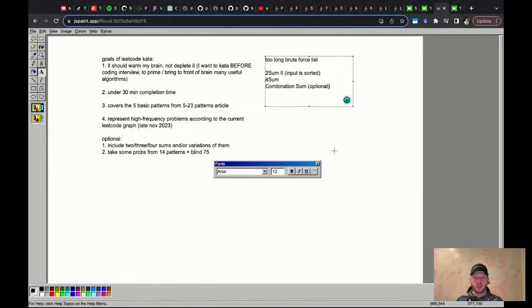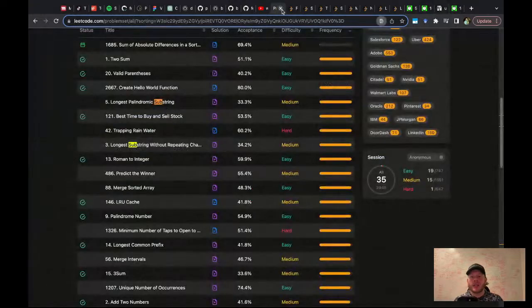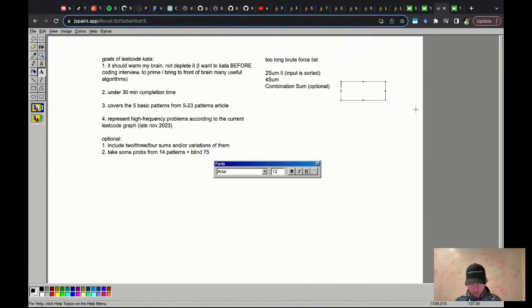Probably we're going to nix combination sum because if it says optional, like I already have 3 problems for basically 1 pattern. So that's already bad, right? It's probably going to nix that one. Although it said it was DFS, which is a different pattern. So this is a non-tree DFS.